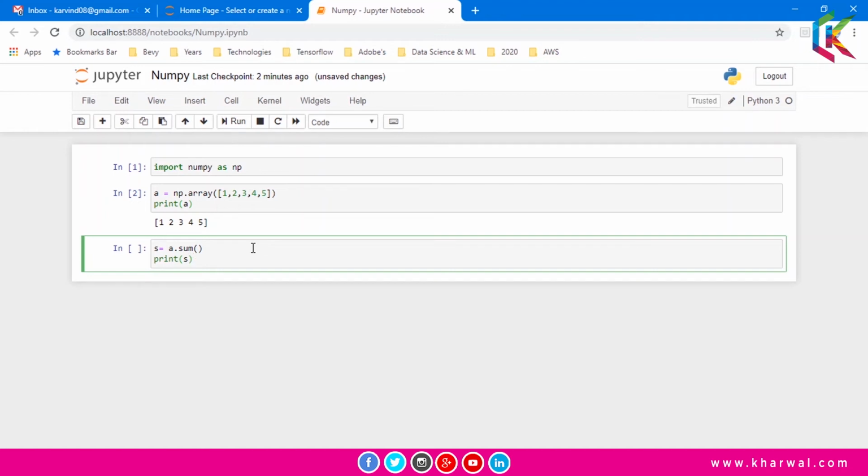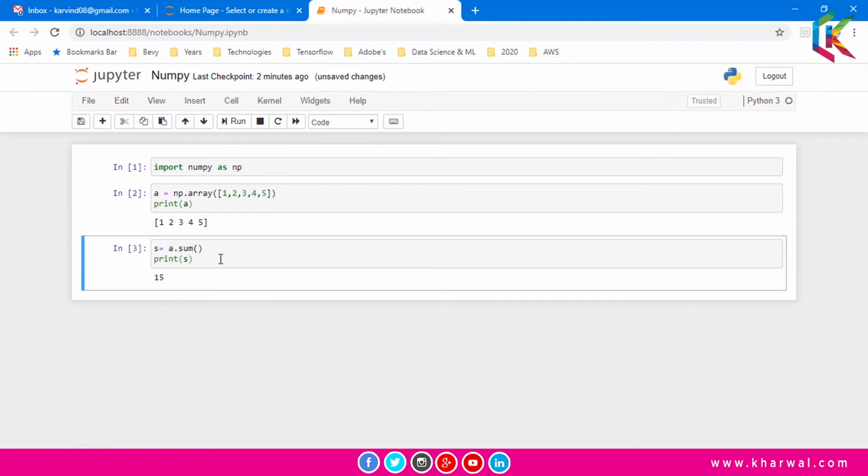I'm using this sum function to find out the sum of all the elements from this array A, and now I'm going to print this S by using the print function. Now if I run this script, it will give you the output like this, and that is 15.